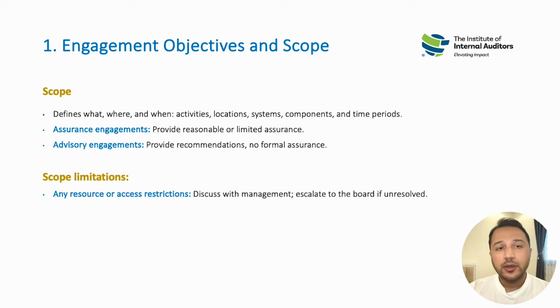Out of scope, on the other hand, which is not covered here, but from a practical point of view I want to share with you, is the areas where generally we as internal auditors bring to the attention of the management, the audit committee or the board that we have excluded certain areas in our engagement. So when we present the results of that engagement, especially in the assurance activity, they understand there are certain limitations to our judgment or opinion or the findings, and it does not cover the entire overall scope.